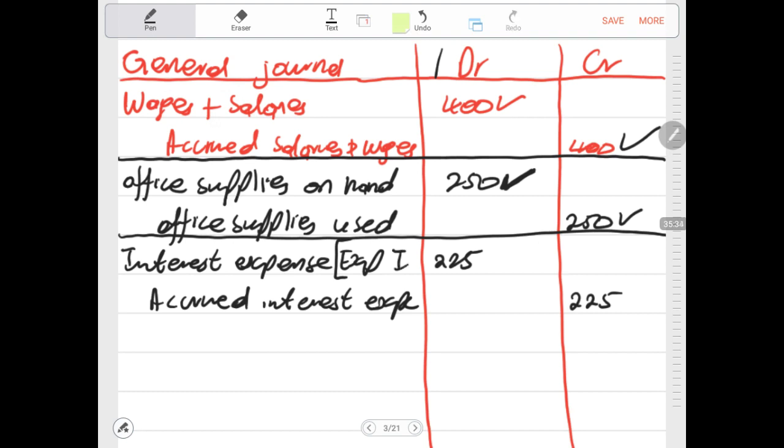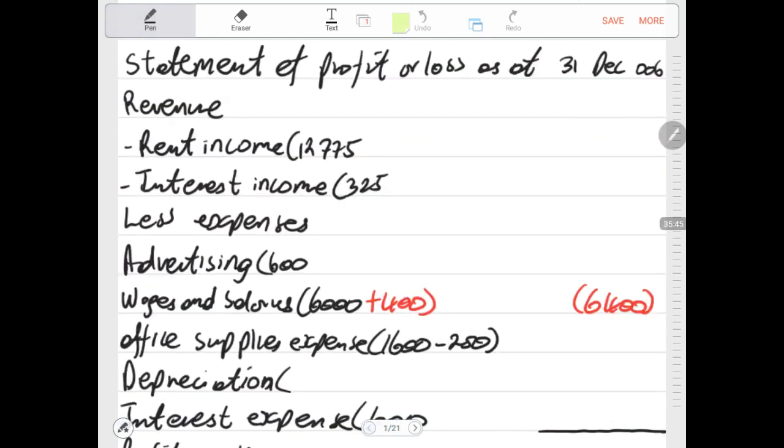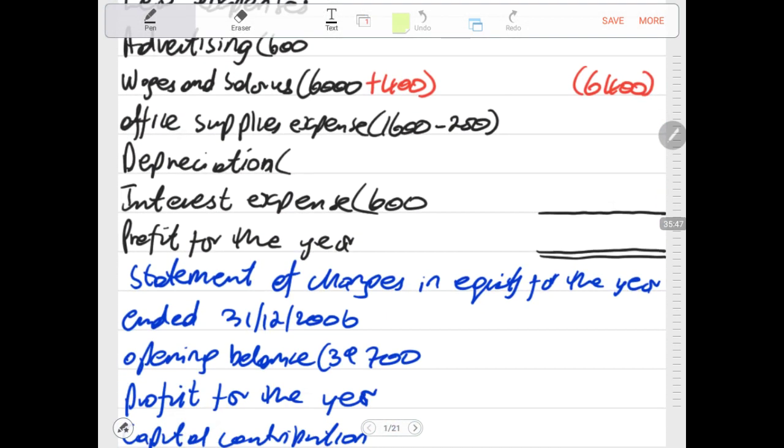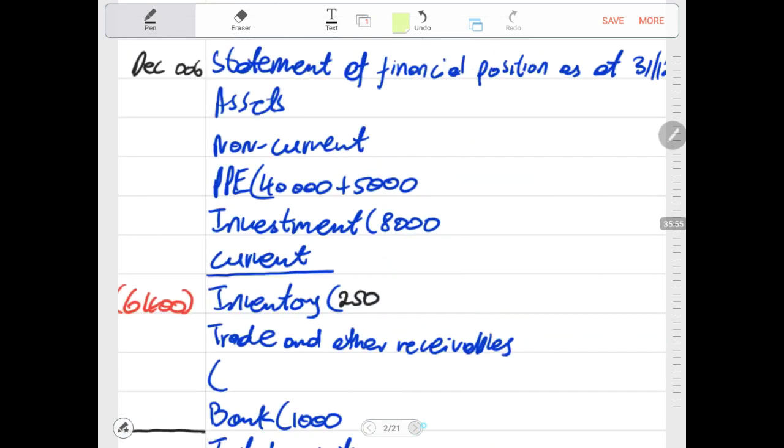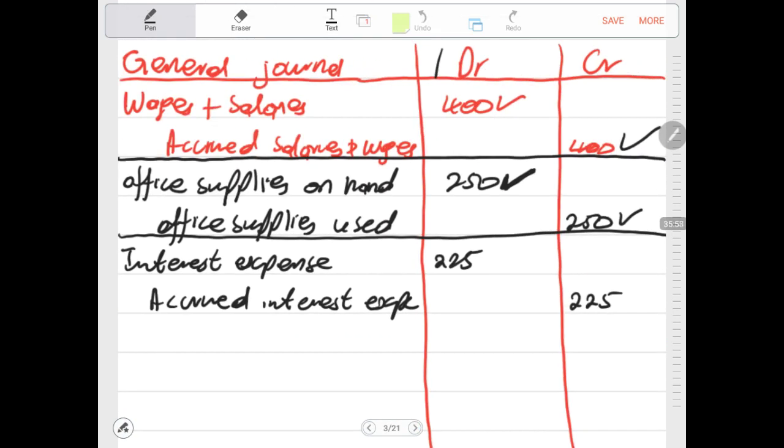In the income statement. So now if you answer these questions as you are analyzing the adjustments, it will be easy for you to record. So now we must go to the income statement where expenses get to be recorded. We look for the interest expense and we say plus 225. Then we go to the credit side of the entry, we say on the credit side accrued interest